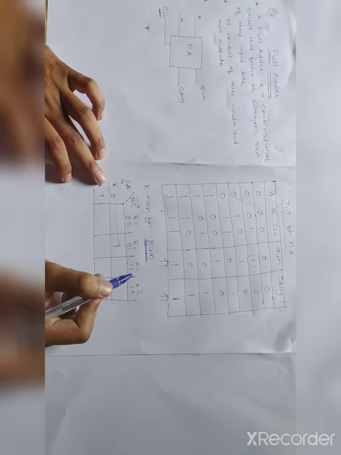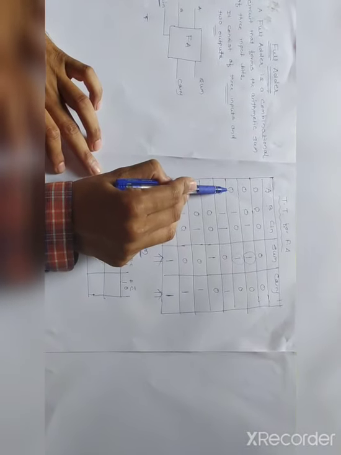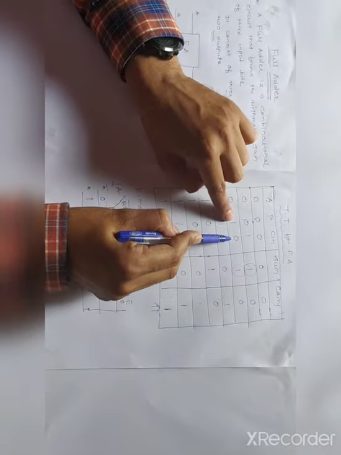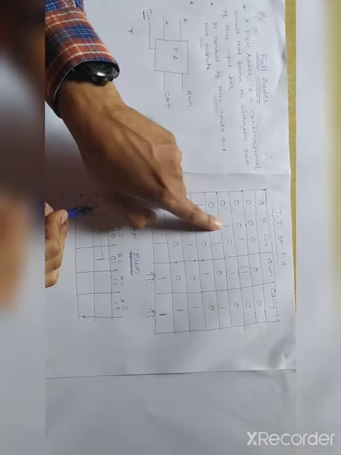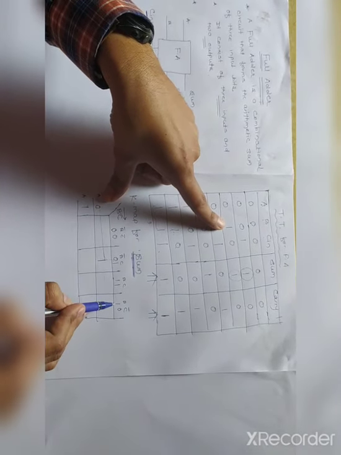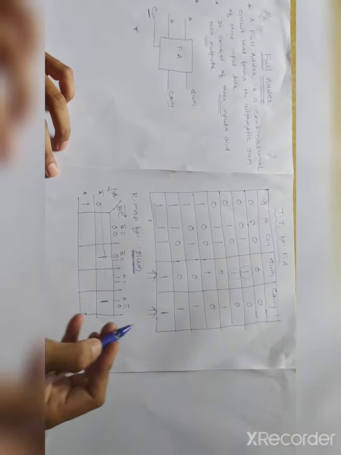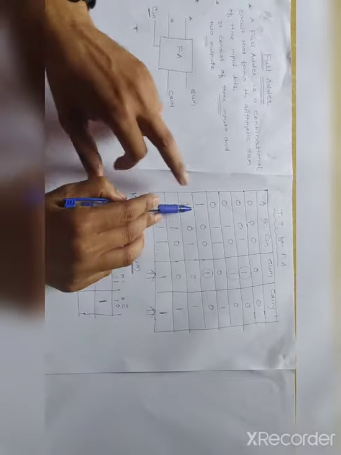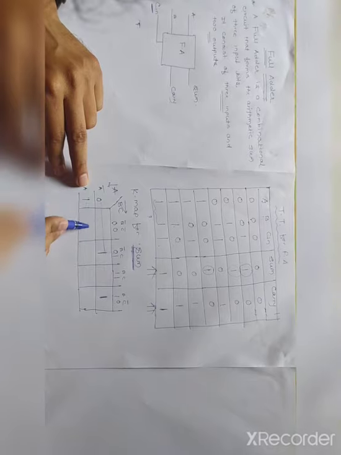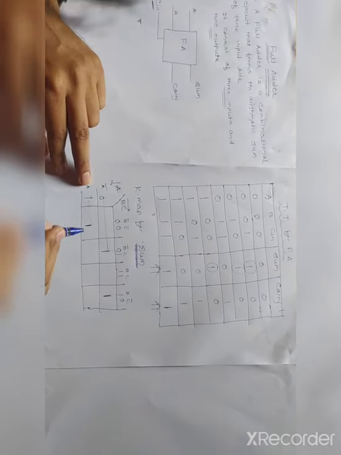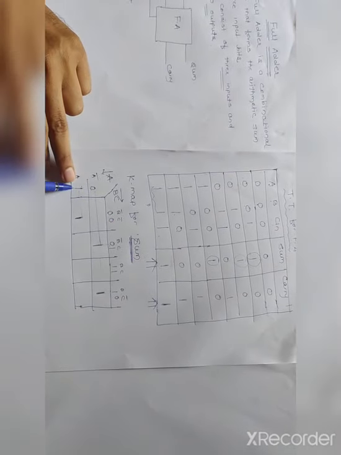Now the next one. Where do you have to put this one? A is equal to 0 and B is equal to 1 and C is equal to 0. That means you have to put this one here. The same way, next, when A is equal to 1 and BC is equal to 0, combining these 2 points, you have to put this one here. The next you have to put where A is equal to 1 and BC is equal to 1.